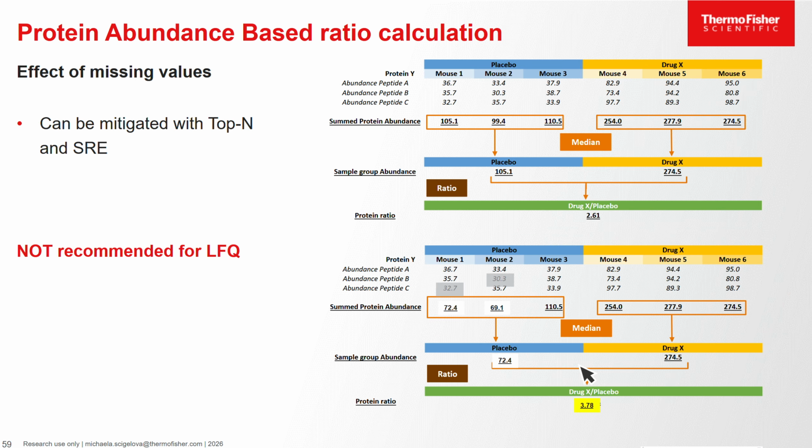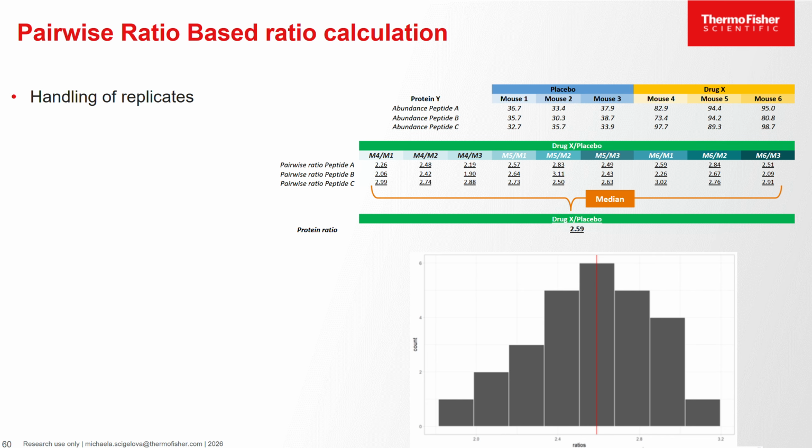Where the problem lies is the missing values, because obviously with the values being based on the summing of contributions, if you have some missing values or major outliers, this could impact the final outcome in a considerable way. So that's why we would recommend for label-free quantitation in particular to use the other method, the pairwise ratio-based protein ratio calculation method, where we do a lot of so-called pairwise ratios being calculated in the background. Those are not shown in any of the results tables. And then the software will select a median of this population to represent the entire